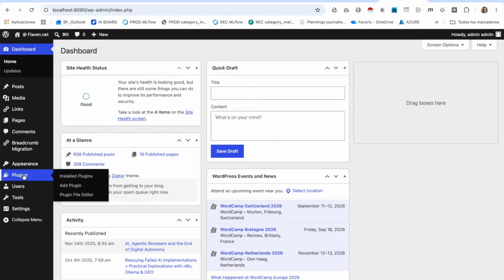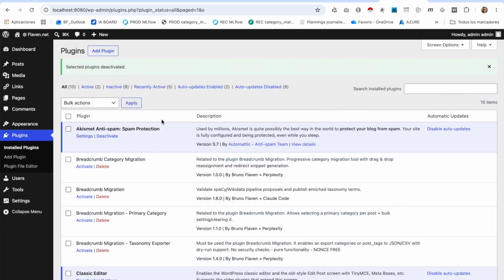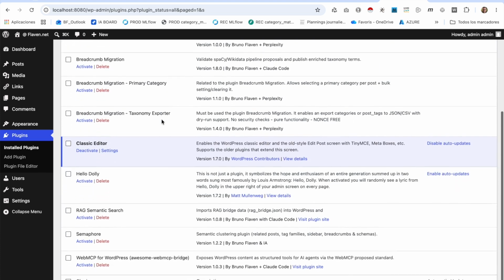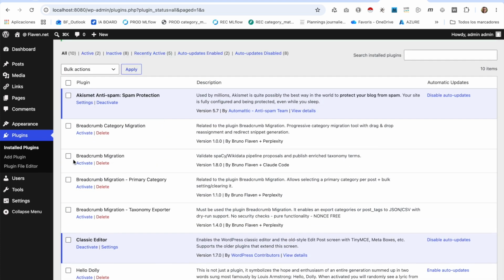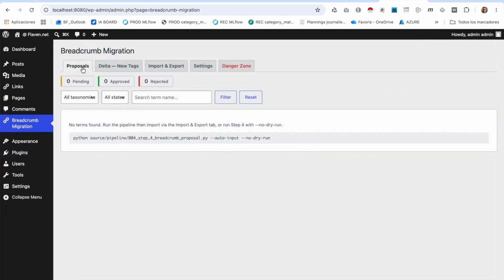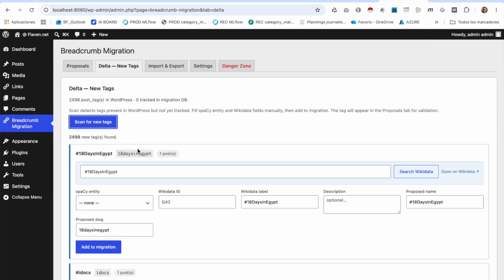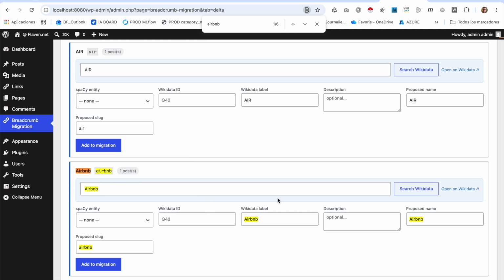I've made plenty of plugins. I think we will start from scratch, so I deactivate it. Okay, and the very first one that I need is this one. You see, there's no proposal for the moment, there's no delta, but I have created Airbnb,